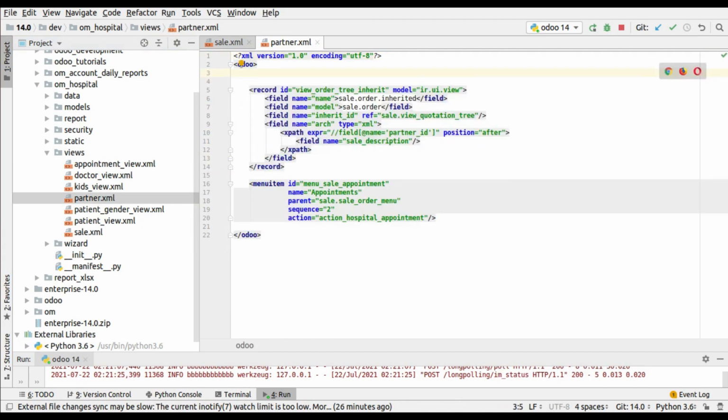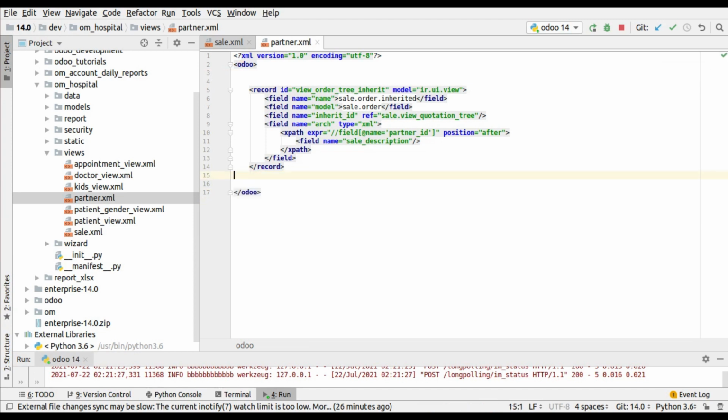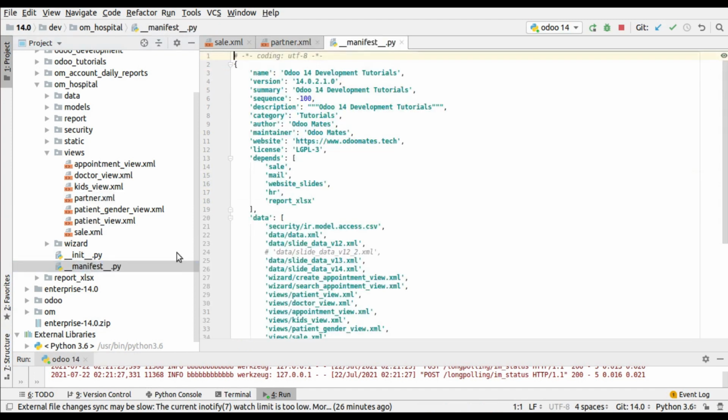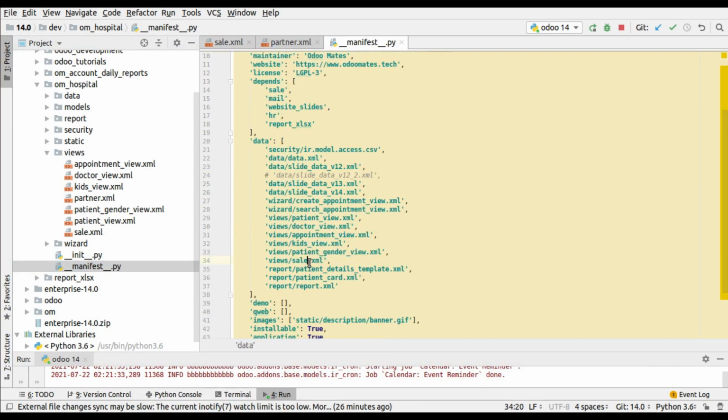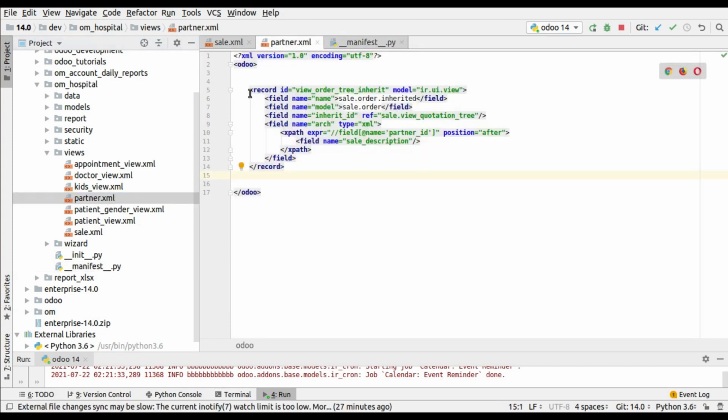I simply have to inherit the corresponding view. Let me import views/partner.xml inside the manifest file. I have imported that in the manifest file, and I have created a record here.